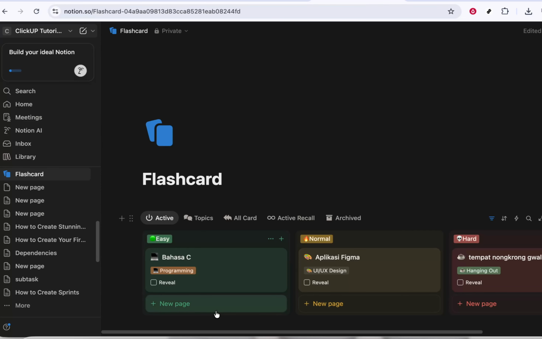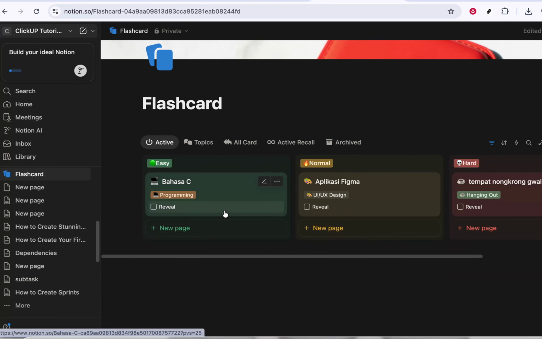Open settings, choose import, select CSV, and follow the prompts. Once you've done it once or